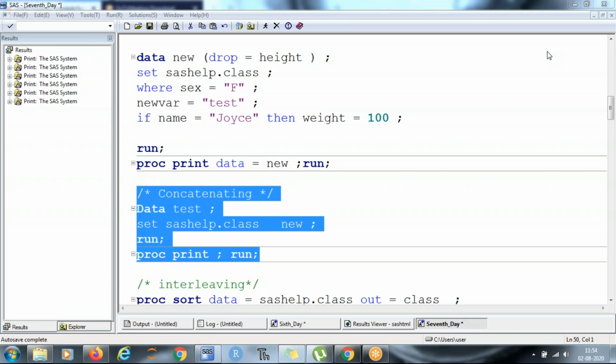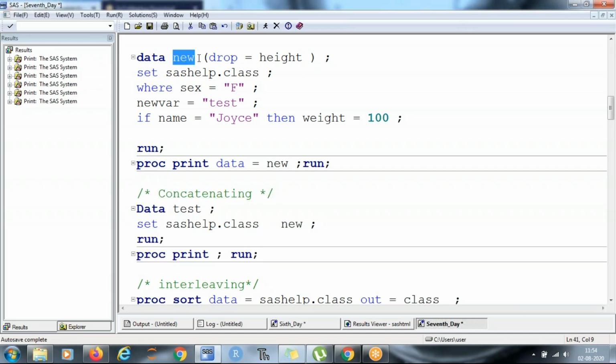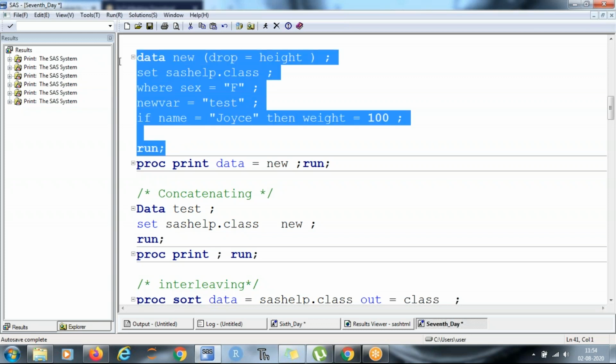Geet, I'm getting this issue when I'm adding this new. What issue? I'm getting an error: file work.new.data does not exist. Okay, so your reference is incorrect, right? So the file name is incorrect. The new file I have just created, do you see this? Do you have this file? Yeah. Just give me a second. Maybe I've written an incorrect statement.